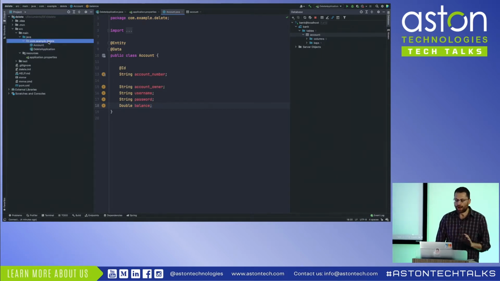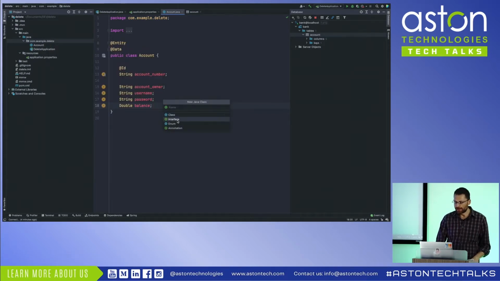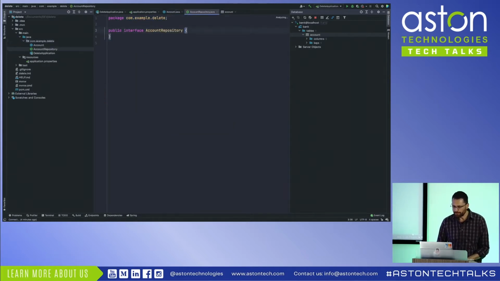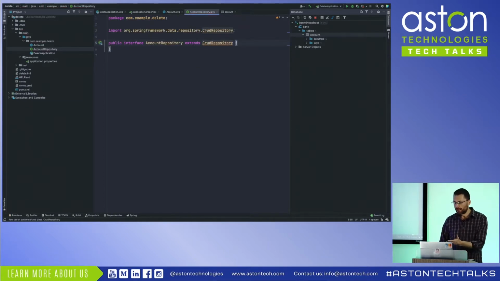Now really all I have to do outside of that is create an interface. So this is the real power of Spring Data. Spring Data will give you all basic relational database CRUD operations by default by simply extending an already existing interface. I'm going to call this thing account repository. And all I need to do here is extend CRUD repository, which is a Spring Data interface